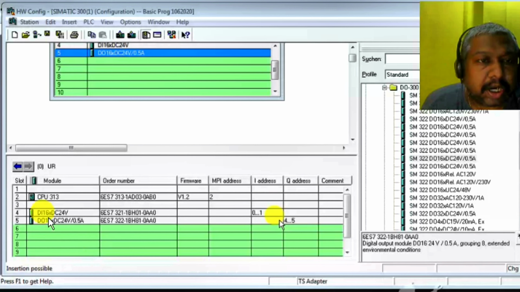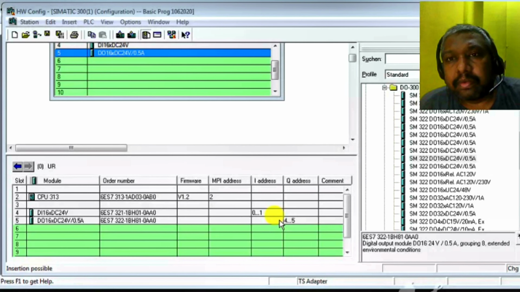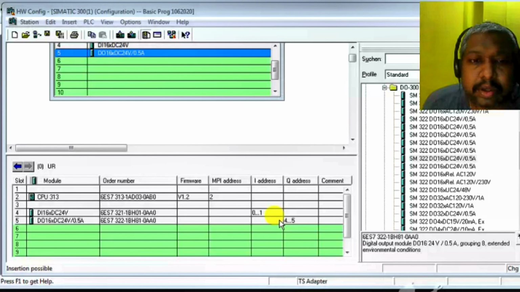This is the hardware configuration. The hardware is inserted, that means CPU, DI and DO are inserted in the rack. Go to save and download it. For download in PLC, you can't download this hardware without opening the simulation mode window.